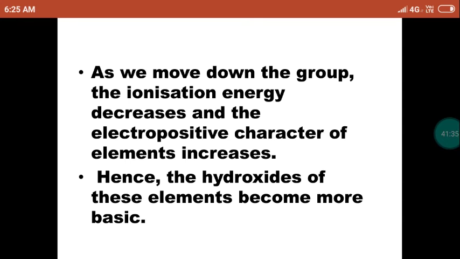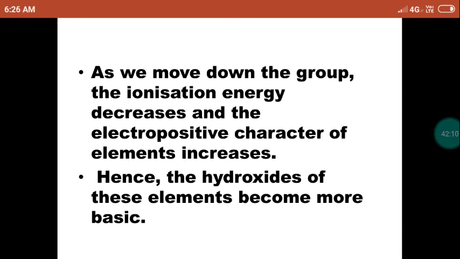Next we are going to discuss basic nature, right? When an element is forming a hydroxide, it becomes basic in nature, like sodium hydroxide, potassium hydroxide, or rubidium hydroxide. So when group number 1 as well as group number 2 elements form hydroxides, they become basic in nature. Top to bottom, ionization energy decreases in a group, so electropositive nature increases. What about changes in basicity? It means how basic nature changes. That we are going to discuss, right?